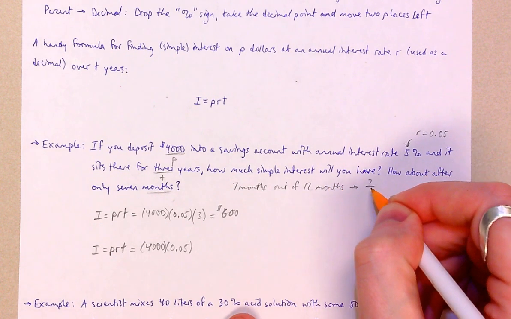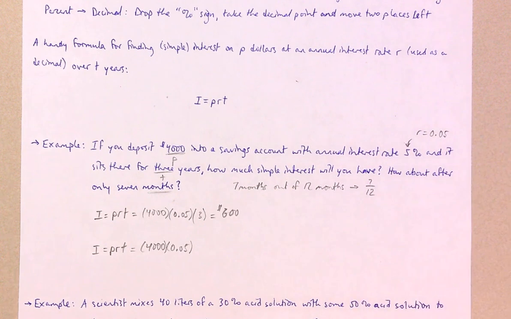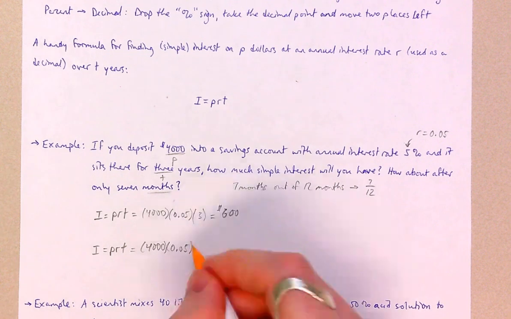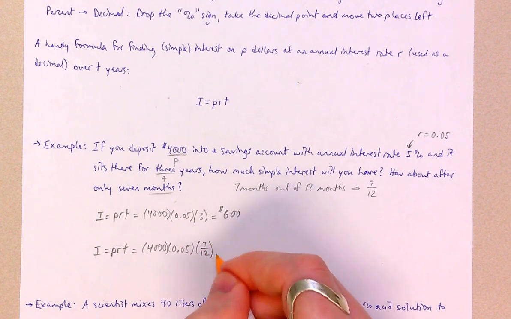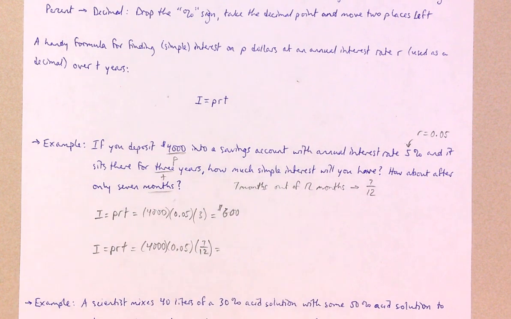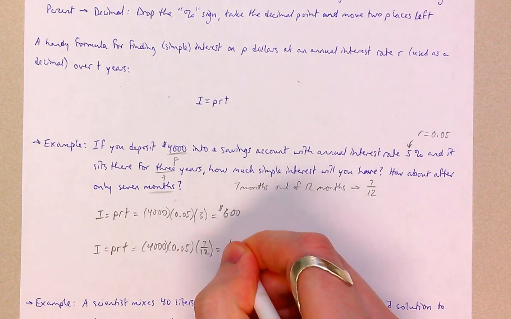So the time, in terms of years, is going to be 7 over 12, 7 out of the 12 months. So now we just have to multiply these numbers out. And if you multiply those numbers out, you are going to come up with